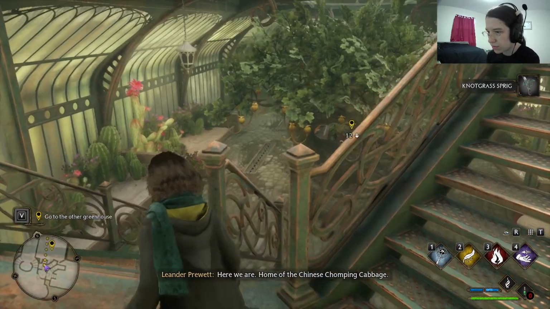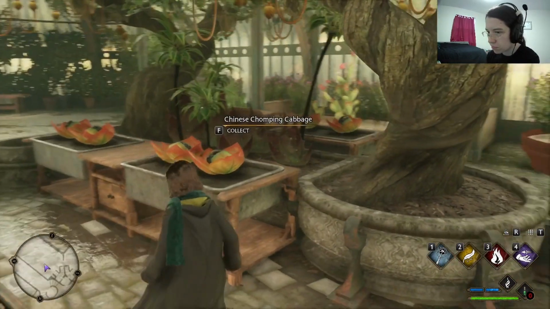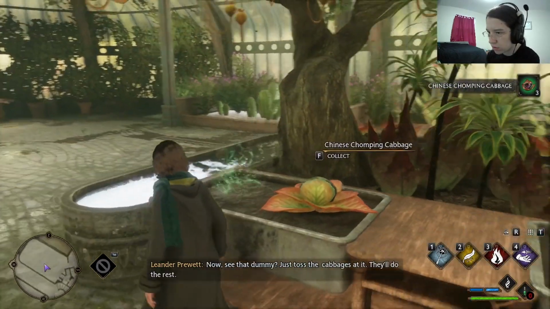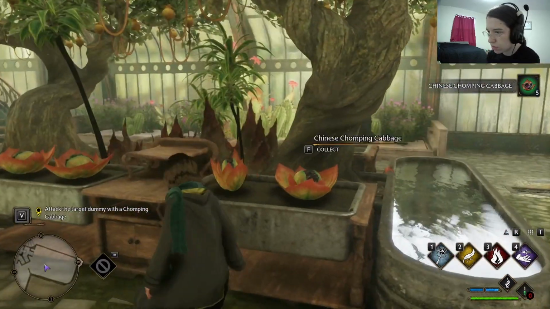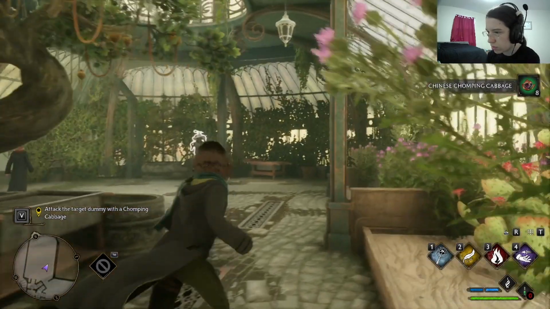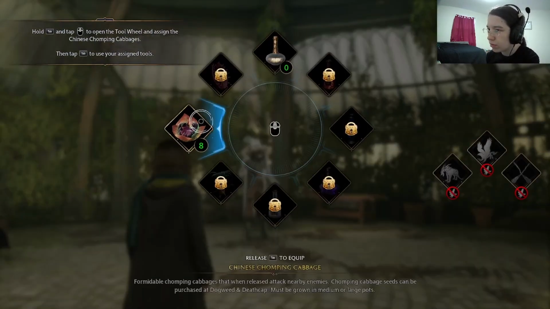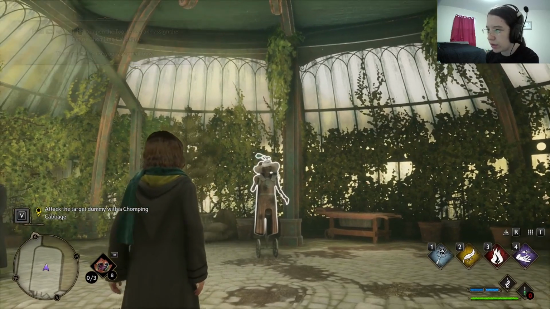Here we are, home of the Chinese chomping cabbage. Go on, grab a few of those cabbages. Now, see that dummy? Just toss the cabbages at it, and they'll do the rest. Okay, hold tab. We're going to select the Chinese jumping cabbage, and then...